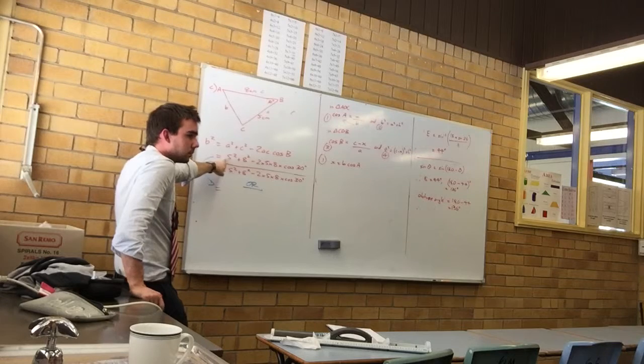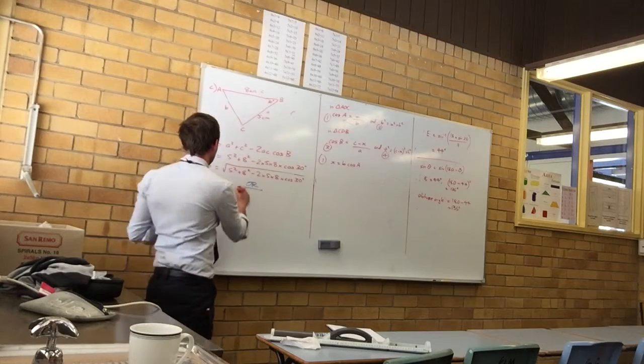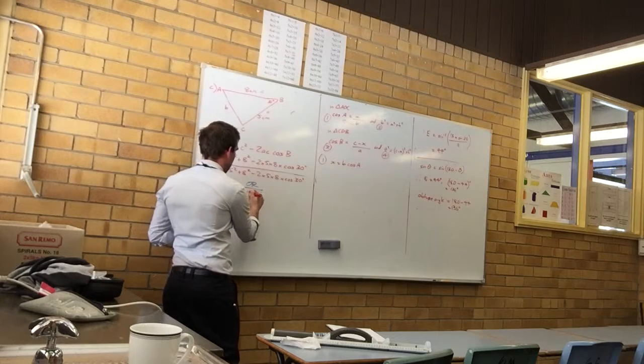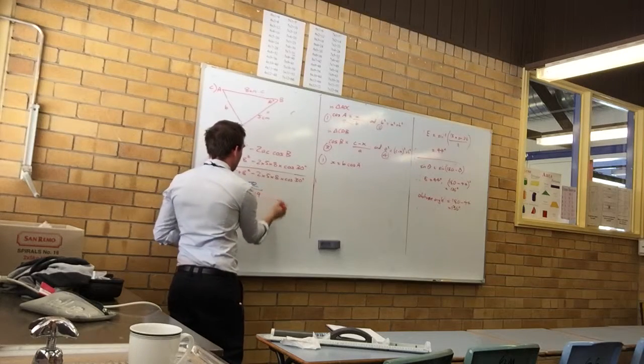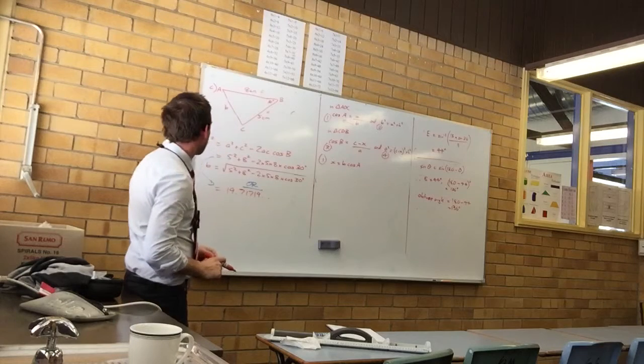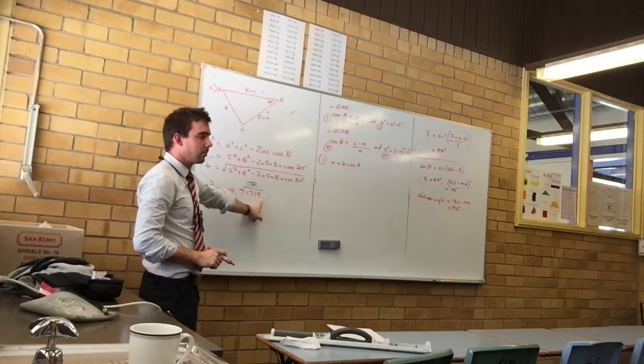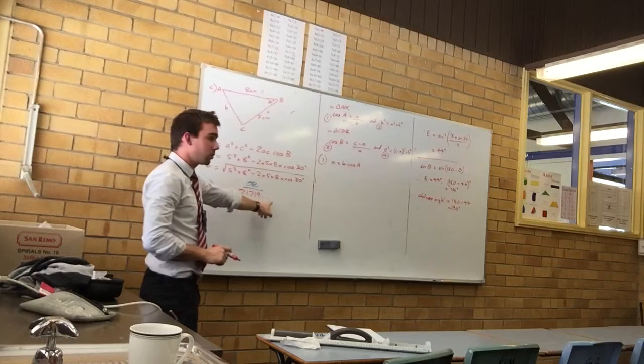It's 19.7. Keep going. 19.71796. That'll do. So the alternative is to write an approximation on there,